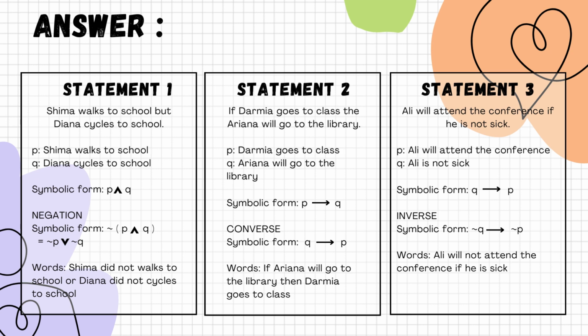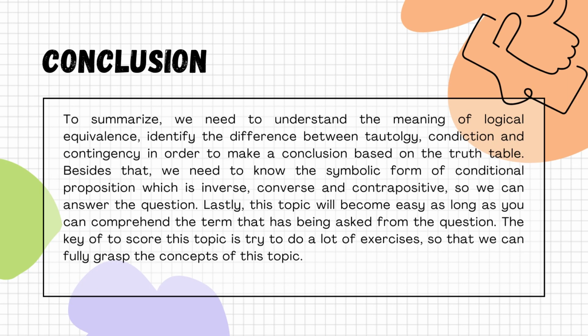So the symbolic form is not Q implies not P. And now we can write this in words. But remember guys, if the question already gives us an if statement, we should write our answer the same as the question. Don't forget guys. Conclusion. To summarize, we need to understand the meaning of logical equivalence, identify the difference between tautology,